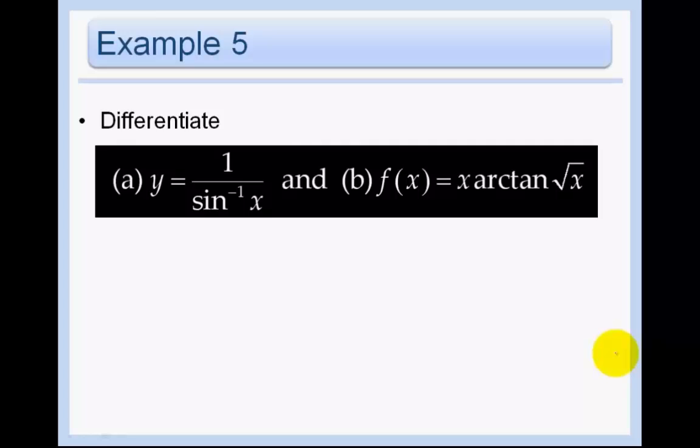So just one last example here. Let's try and differentiate part A. Can we please write that? Remember, I don't like to use the quotient rule if I don't have to. So let's rewrite this